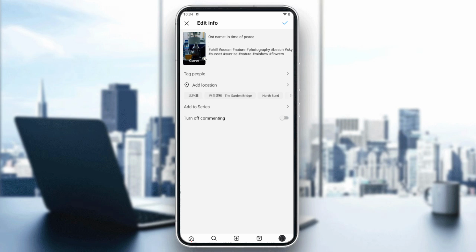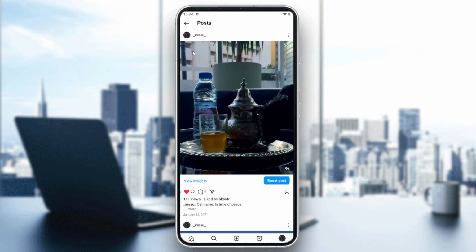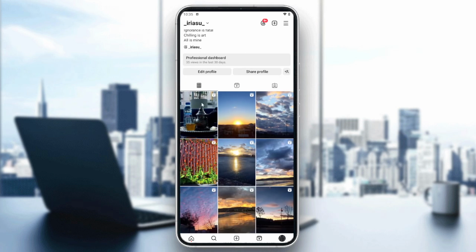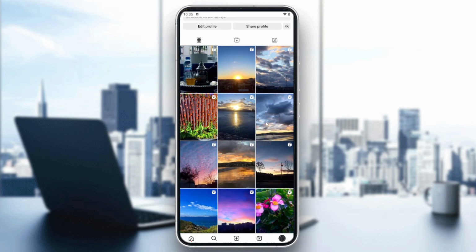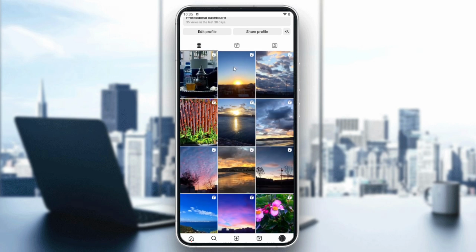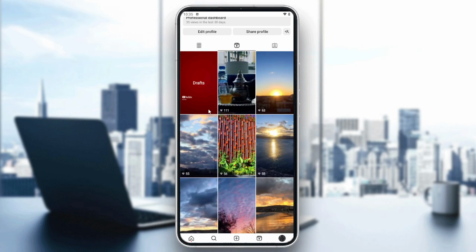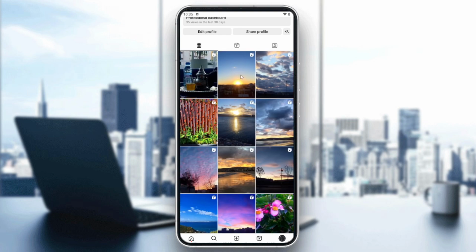And basically by clicking on that, you will have your reel that will be hidden from the profile grid, and you won't find it here. And basically you will be needing to consult it from the reels menu, like here. As you can see, for example, I have this draft that it is not showing here, and you can also